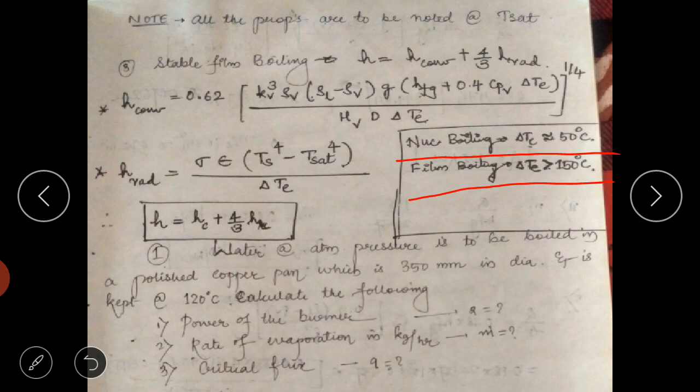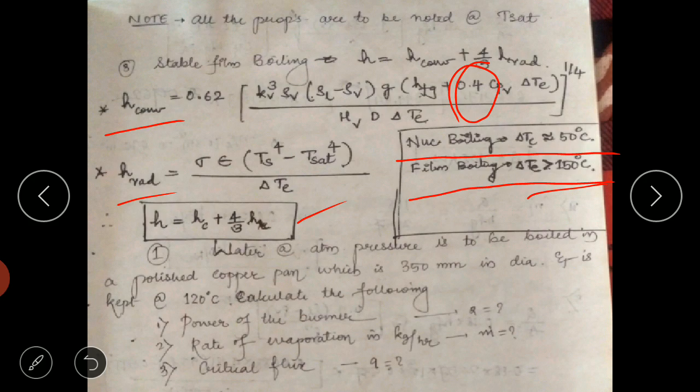For this temperature range, radiation will come into the picture because the temperatures are high. So we have to calculate Q convection and Q radiation both. Okay, and in the data handbook, this is not 0.4, this is approximately 0.68. So in the formula we will use the value in the data handbook. We'll take it as 0.68 and solve the problems. After finding H convection and H radiation, we'll find the H value using this formula.